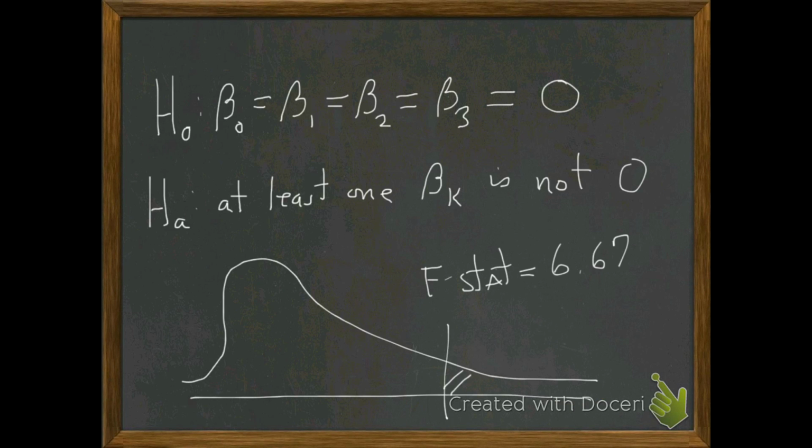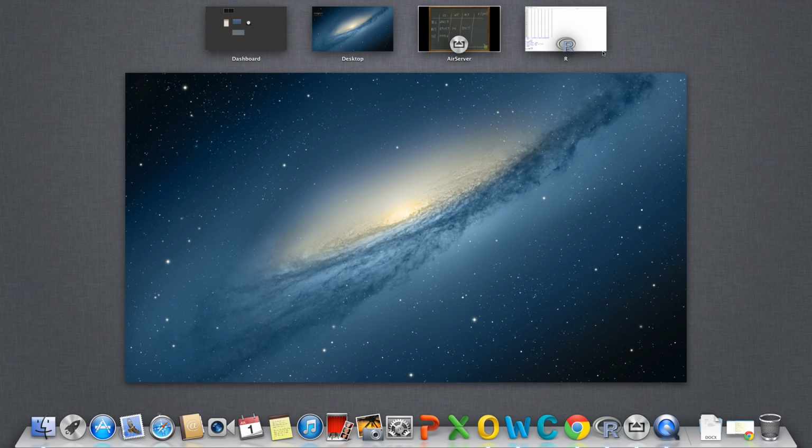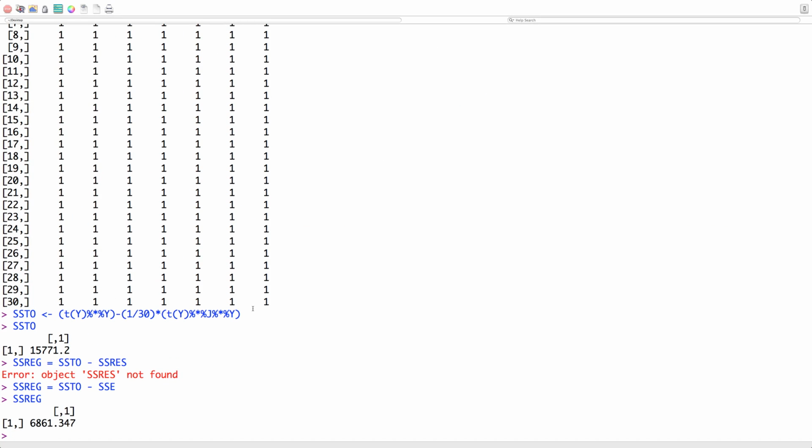So our area to the right is going to give us our p-value. Now guys, we're going to use pf, but remember pf gives us area below. So area under the probability distribution will give us an area of 1. So again, it's going to be easy to do here. We're just going to take our p-value for F is going to be equal to 1 minus pf